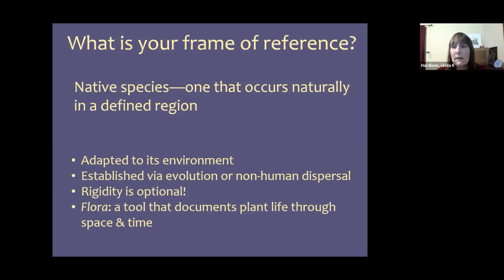So you've got two elements there: a spatial element and a temporal or time-based element. And so I can talk about plants that are native to North America, or I could talk about plants that are native to the Pacific Northwest, or to the Willamette Valley, or to Soap Creek, where I live. So you have to define